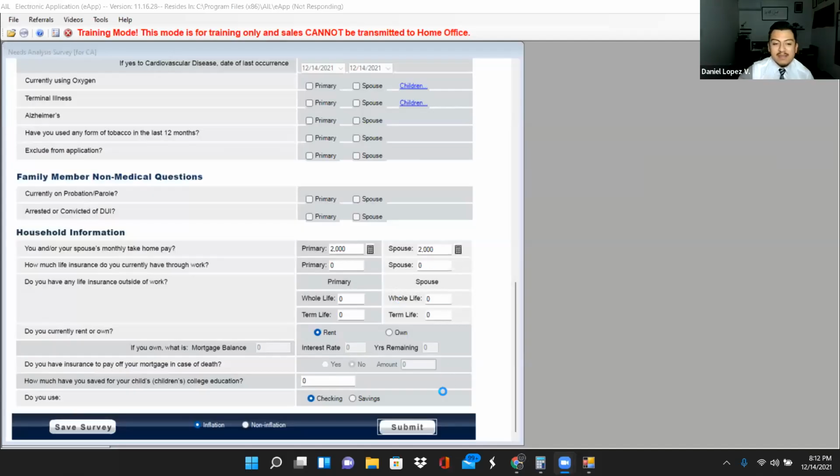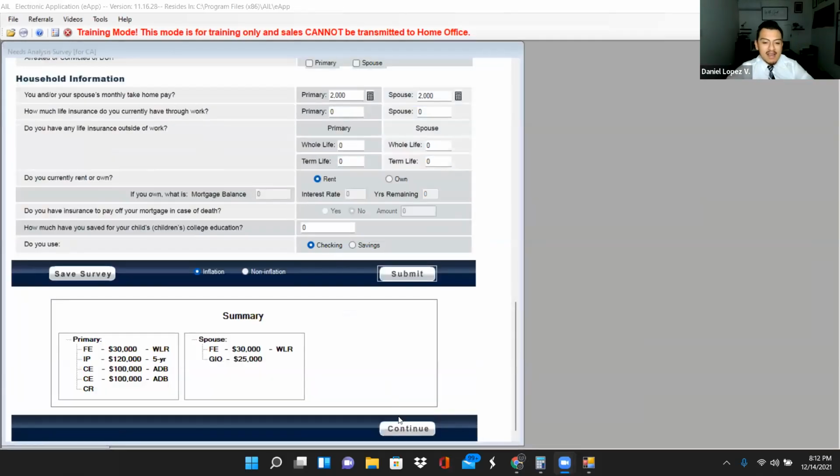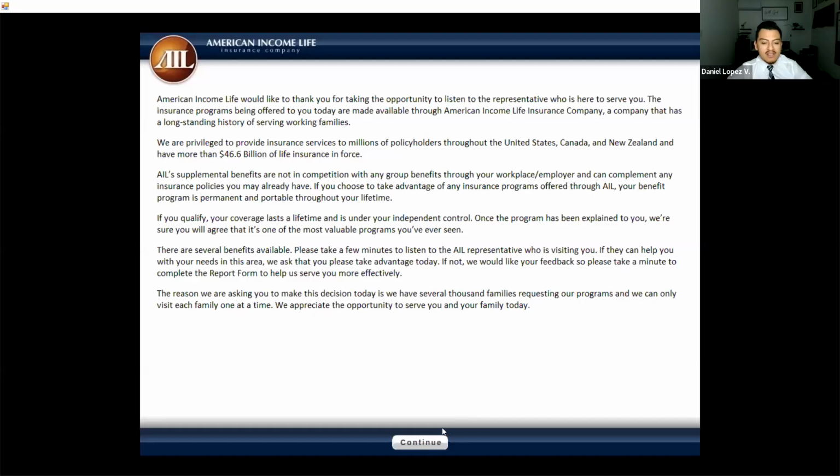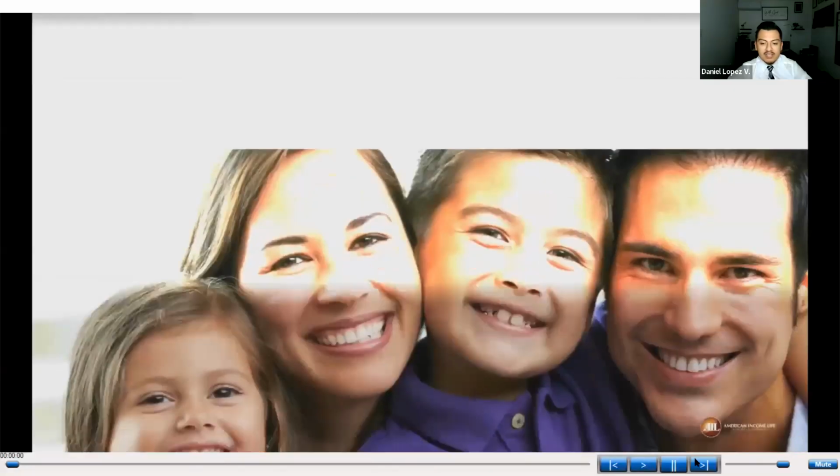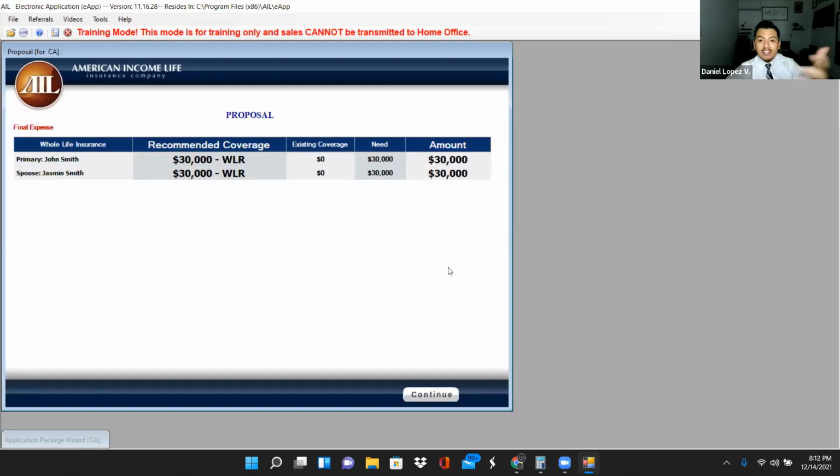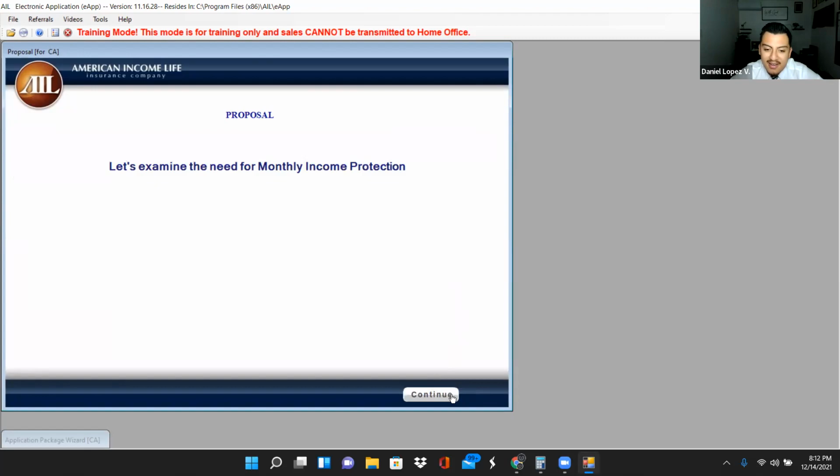Okay, so let's assume I am no longer sharing. I'm sharing with you guys as an agent, but let's pretend, as a client, you cannot see my screen. After I get this, my goal is to get from here all the way to the needs analysis where I can mess around with the application. I'm not sharing my screen, but that doesn't mean you're just gonna be quiet and be awkward.